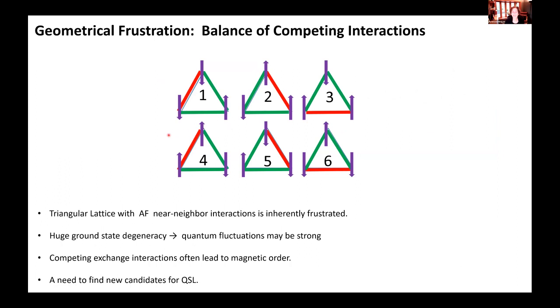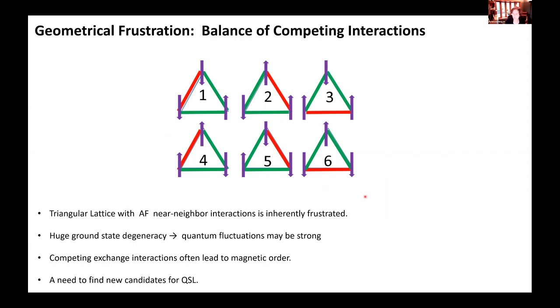And so if I insist that there's antiferromagnetic coupling between these moments, you can see there's no way for all the magnetic moments to be equally satisfied under this circumstance. And so the consequence would be that in addition to this initial triangle, there are 5 other triangles that are completely equivalent. And so the system then will cycle among these different configurations.